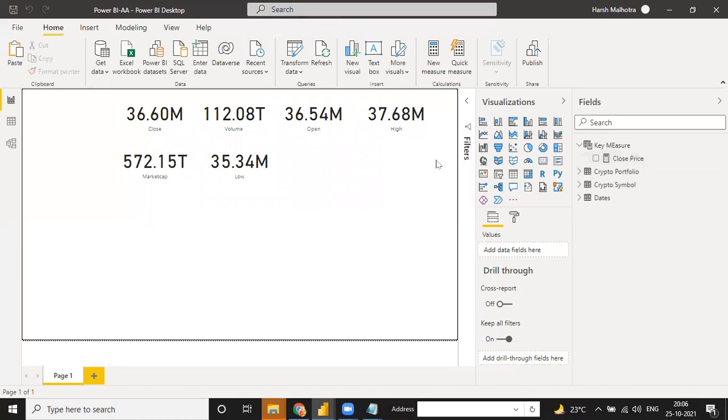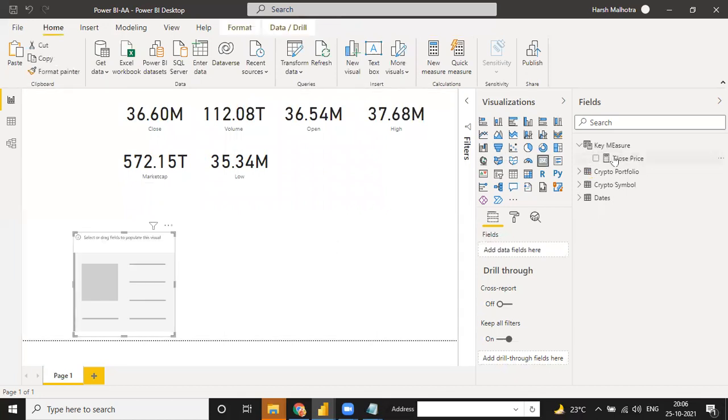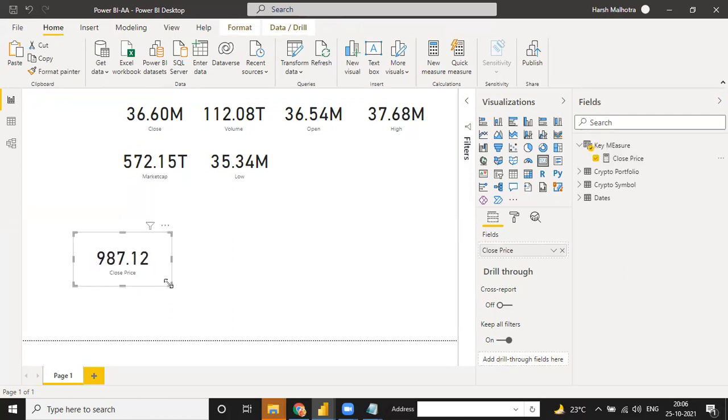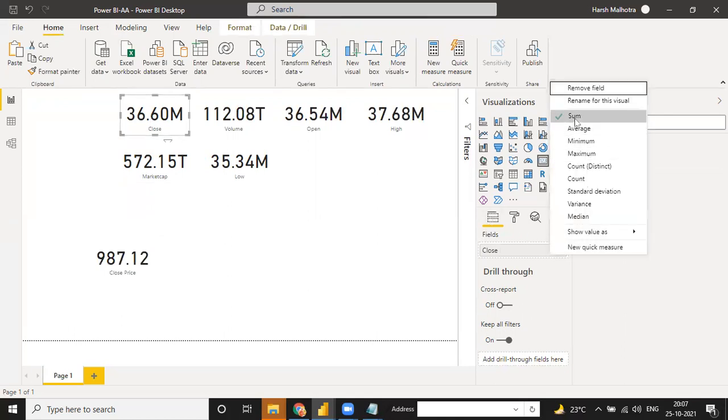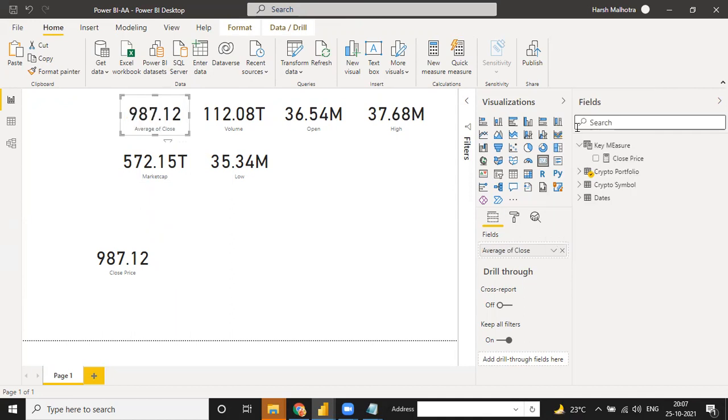And when you go into a new card chart and write it here as Close Price, see what value it gave, 1987. And when you click on this close, here it's sum. But when you click on average, it gives the same value. Nothing is different. The value is the same, but this function is not reusable, and this function is reusable for every project.